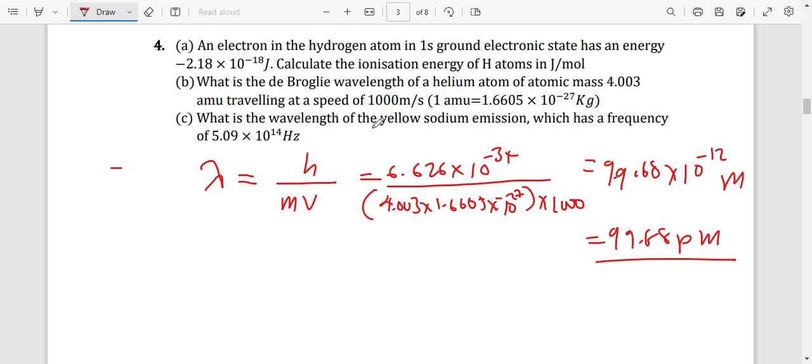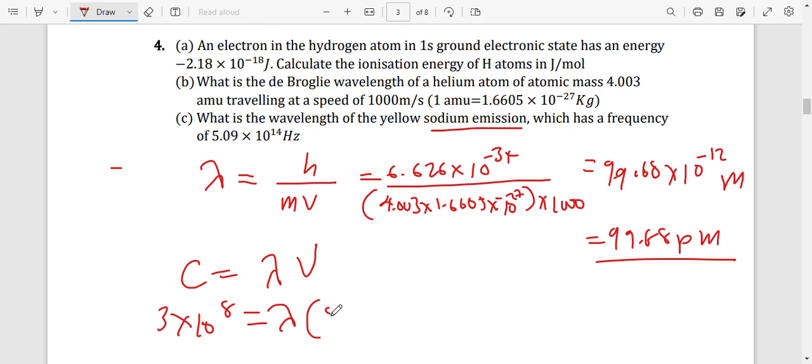What is the wavelength of the yellow emission, sodium emission, which has a frequency of 5.09? We've been answering this a long time. Here we've been given the frequency. The speed of light is wavelength times frequency. C is 3 times 10 to the power 8, and that is equal to wavelength times frequency, 5.09 times 10 to the power 14. So just find the wavelength, that is going to be